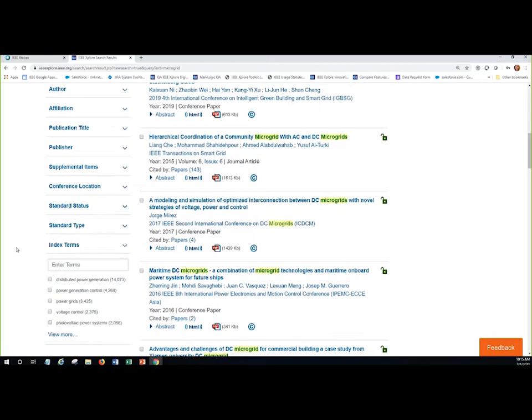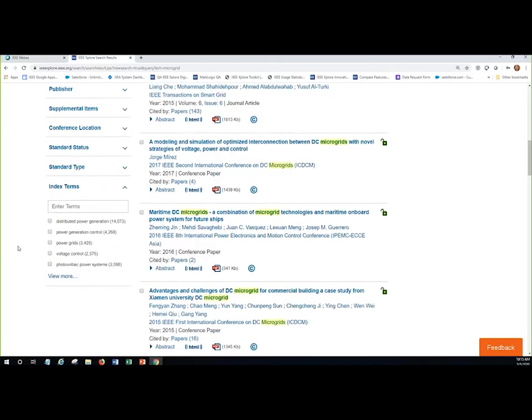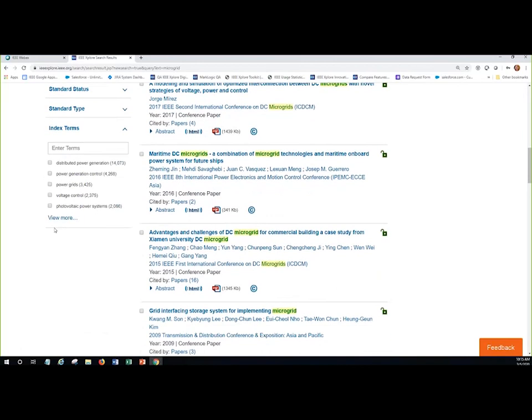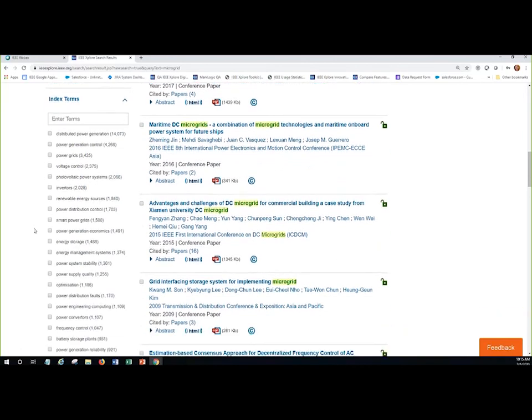At the very bottom is our newest facet, the index term facet. So the content on IEEE Xplore is indexed with keywords that best describe the content of that paper. And here we can browse the top 25 keywords for our search results set. So sometimes you do a search on a broad topic and maybe you're not even sure where to begin refining your results.